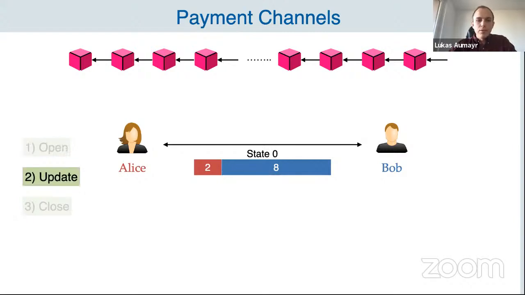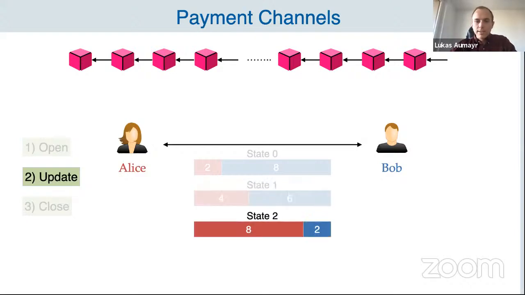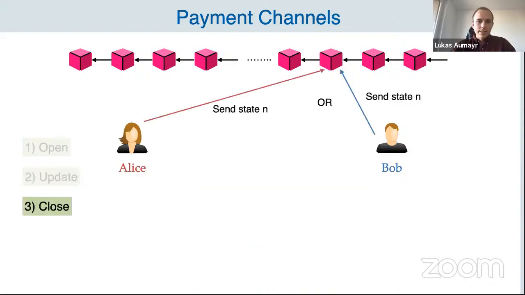Once it's open, they can perform arbitrarily many payments between one another simply by creating a new state off-chain that redistributes the balance according to the payment that they want to conduct. So they can go ahead, create multiple of these states, exchanging the balance back and forth until they are happy and wish to close the channel again. So what they can do then is close the channel simply by sending the latest state again to the blockchain. So notice that even though they can perform arbitrarily many payments between one another, only 2 of them actually are